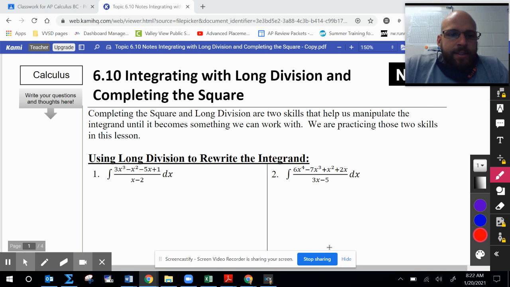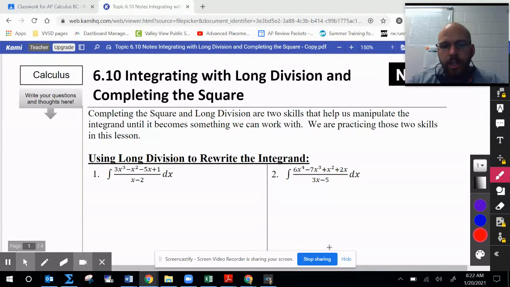Good morning, class. This is Mr. Delamorte. I am going to go through topic 6.10, integrating with long division and completing the square today. Two very specific types of problems. I wouldn't say they're very common, but we'll go through them briefly to make sure you understand everything you need